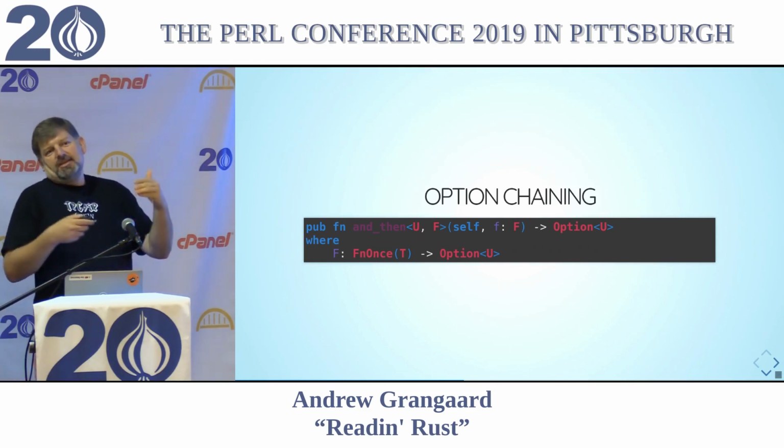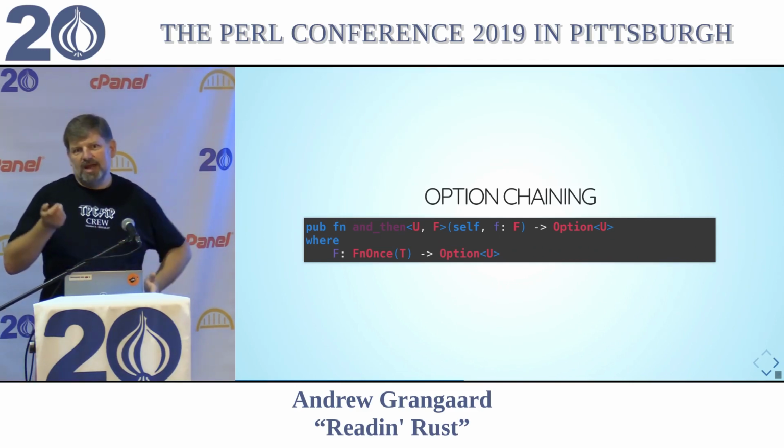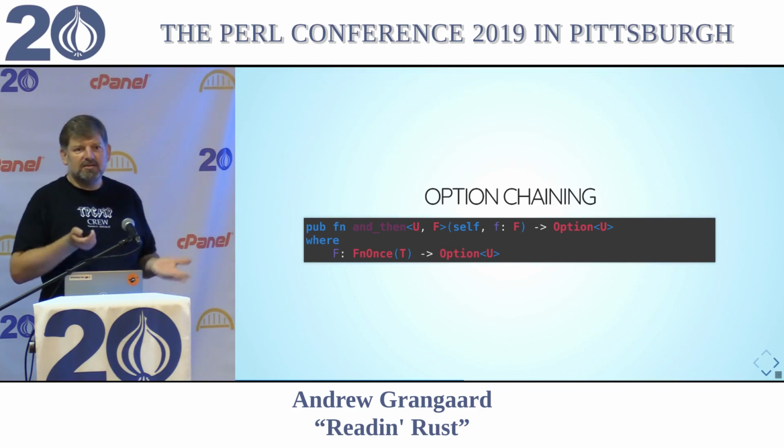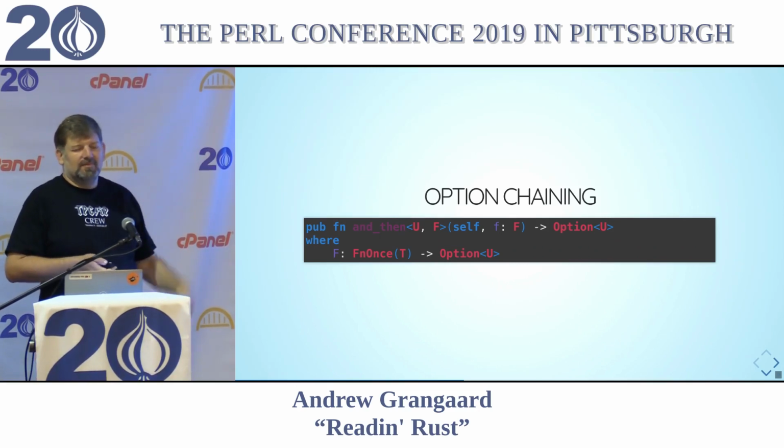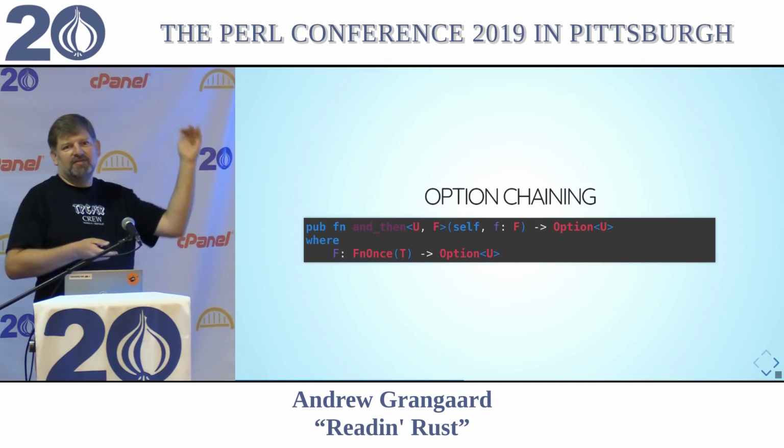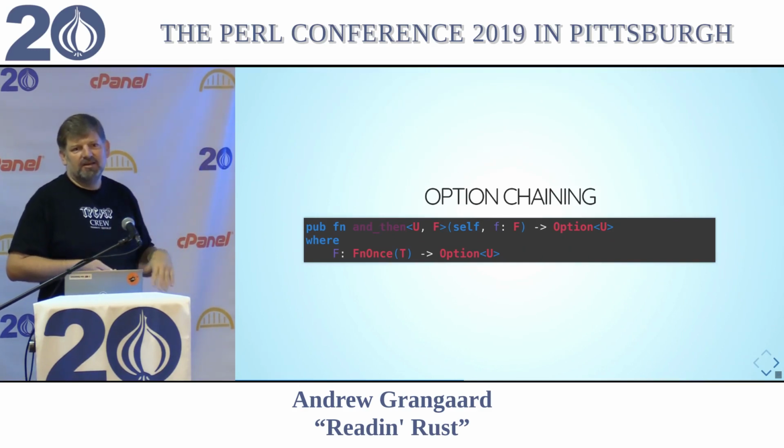So you can go read your Haskell monadic theory on why that's awesome. But it means that you can code to the happy case, and your nones just sort of exit early. If any of it was going to be a none, it's just going to be a none all the way through.